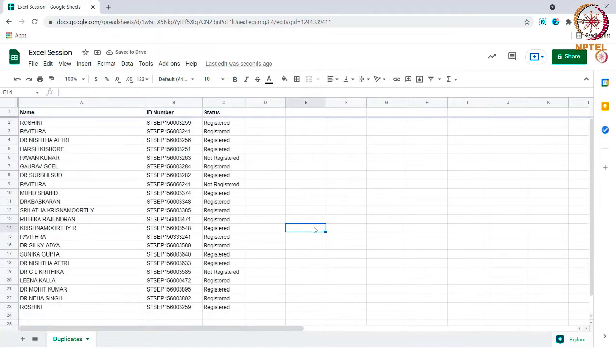Let's now change the ID number of Pavitra and Roshini.